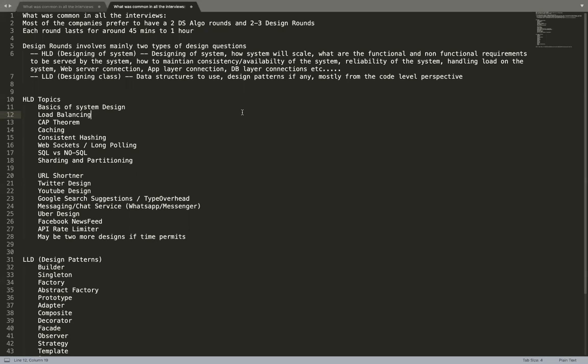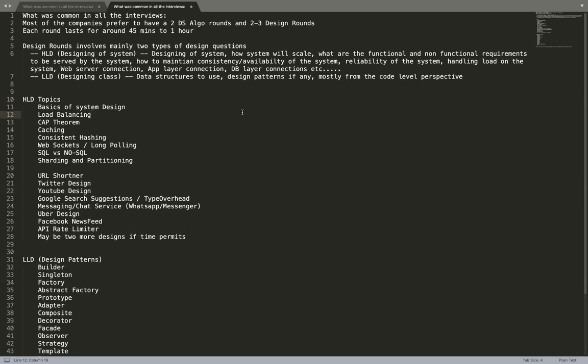And then there are different kinds of questions you need to ask when you start designing the system, like the functional and the non-functional requirements. Now let's talk about each of these terms. What is a functional requirement? Functional requirements are the requirements provided by the business or by the users, and you need to fulfill those requirements to make sure that the user is satisfied with the system you have provided.